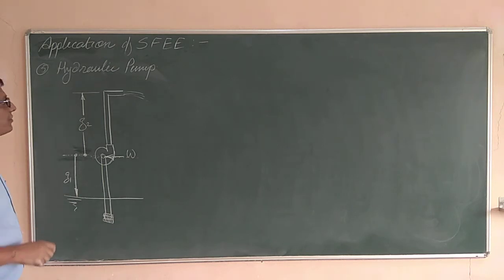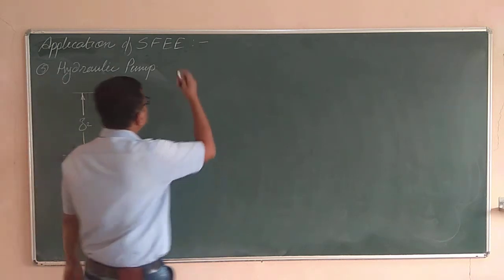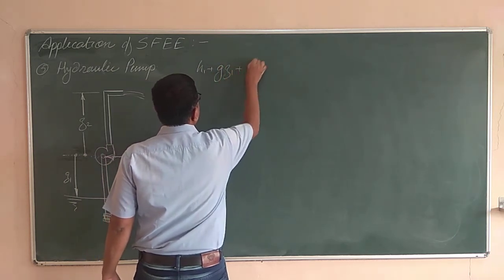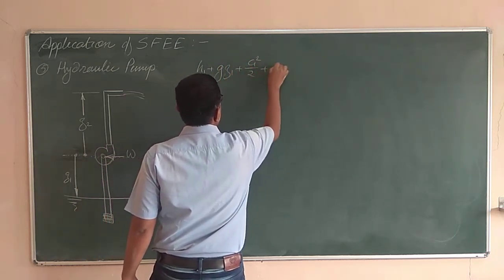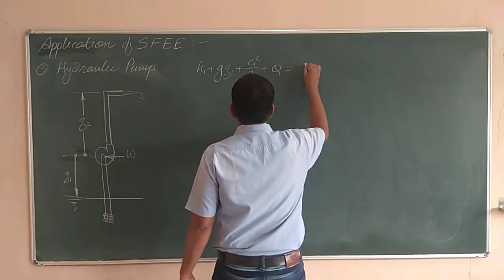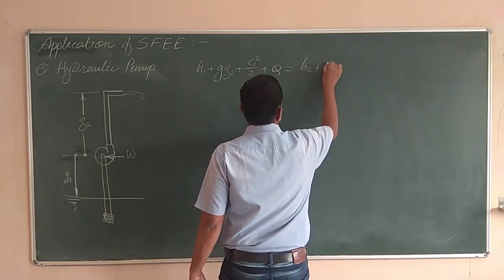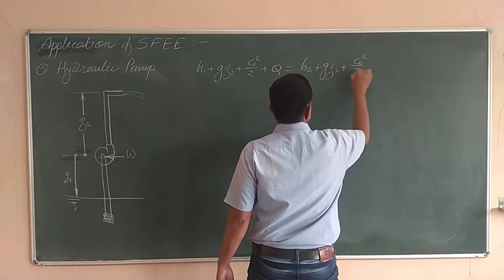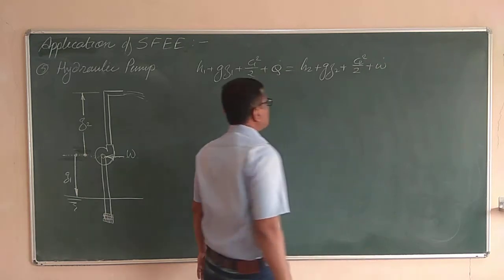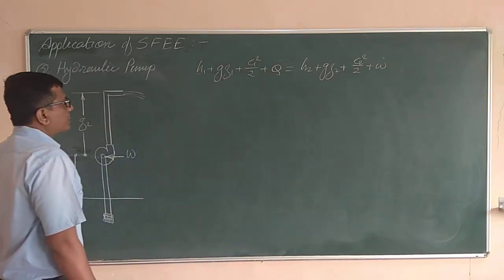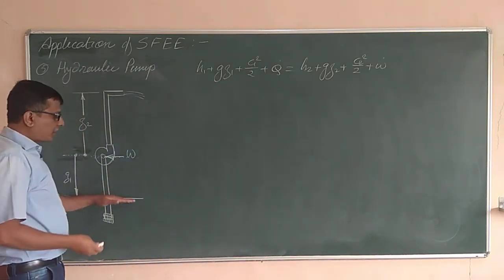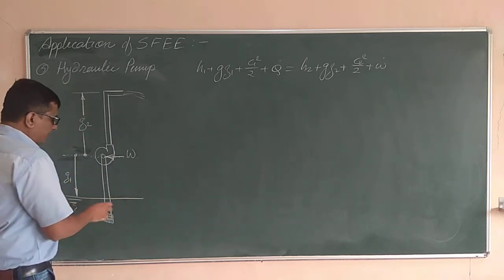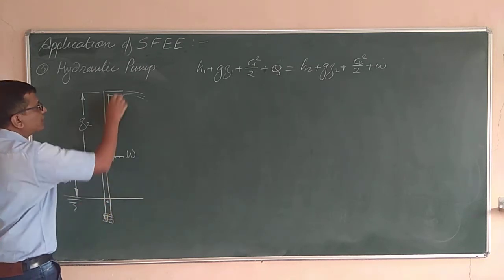Now let us see what other parameters are there. Let us apply the steady flow energy equation. H1 plus gZ1 plus C1 square by 2 plus Q is equal to H2 plus gZ2 plus C2 square by 2 plus W dot. Out of that, if the pump is lifting water, or any other liquid, if the liquid is lifted from the sump and delivered to the tank,